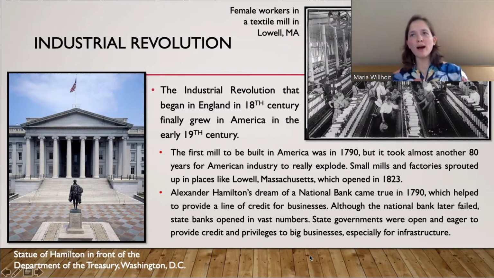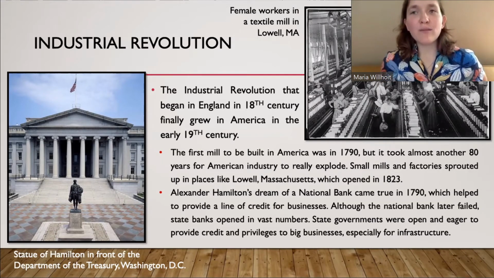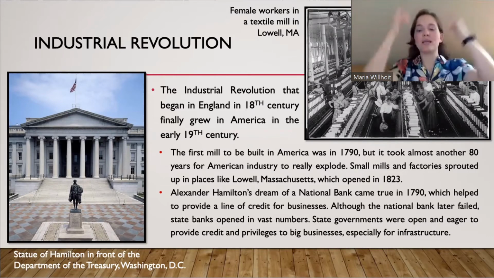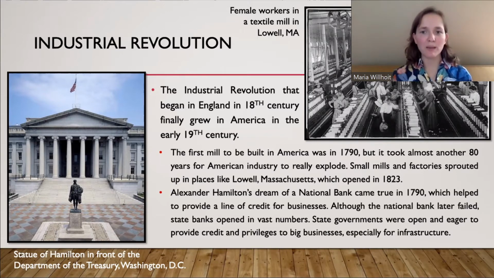One of the reasons why the industrial revolution is kind of slow to move is that people were very skeptical at first to give loans and credit, especially banks. First of all, we didn't have that many banks in the 1700s, not like we do today. In fact, Alexander Hamilton, when he was writing his Federalist Papers, when he was writing his many works, wanted a national bank. He advocated for a bank. He really believed that America needs to have some sort of financial institution to take hold of its finances. There wasn't really any.